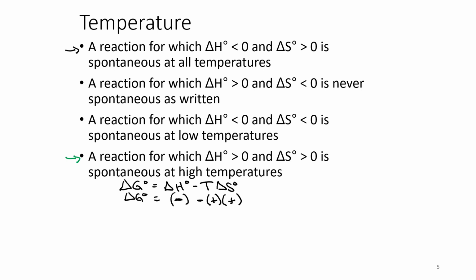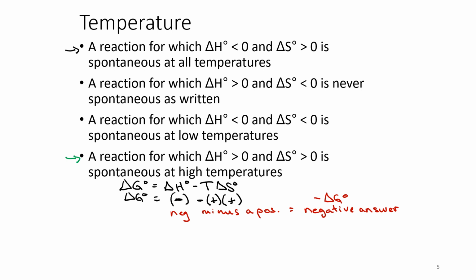It's greater than 0. If you take any number that is negative and you subtract off a positive value, you're going to end up with a negative answer. So you'd end up with a negative delta G, which means that it's going to be spontaneous no matter what